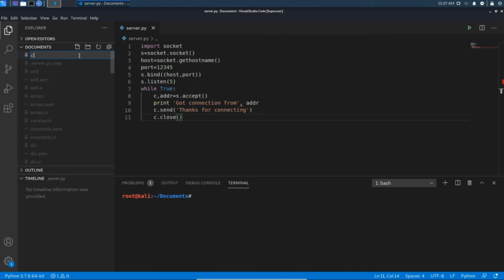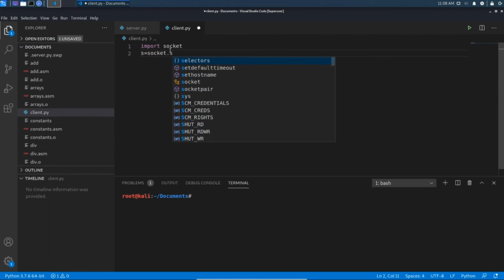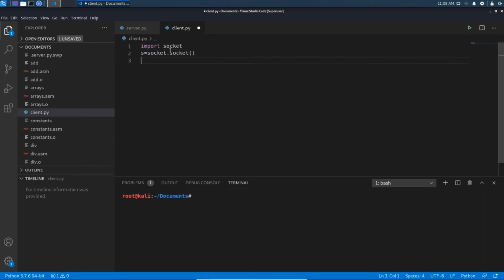Let's start writing our client program. Yes, the get host name method will return the host name, and it will get stored into our host variable.